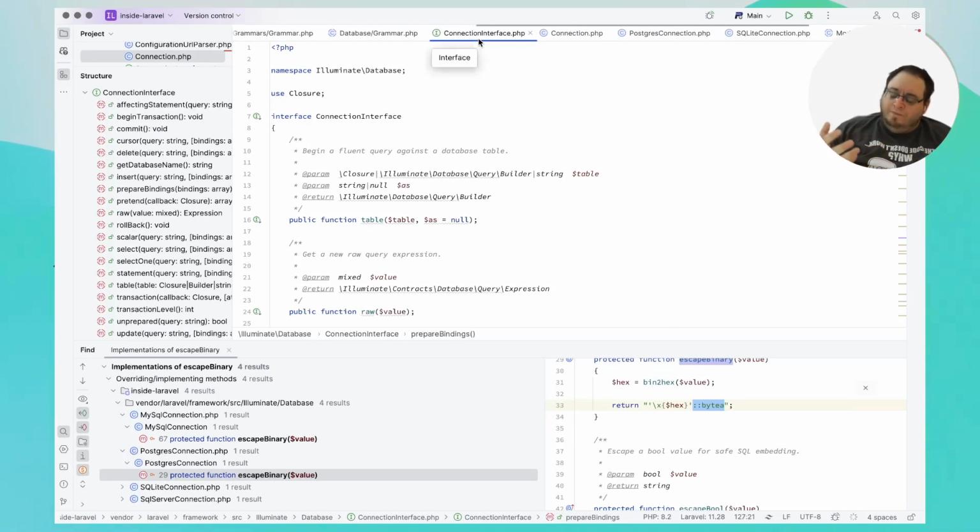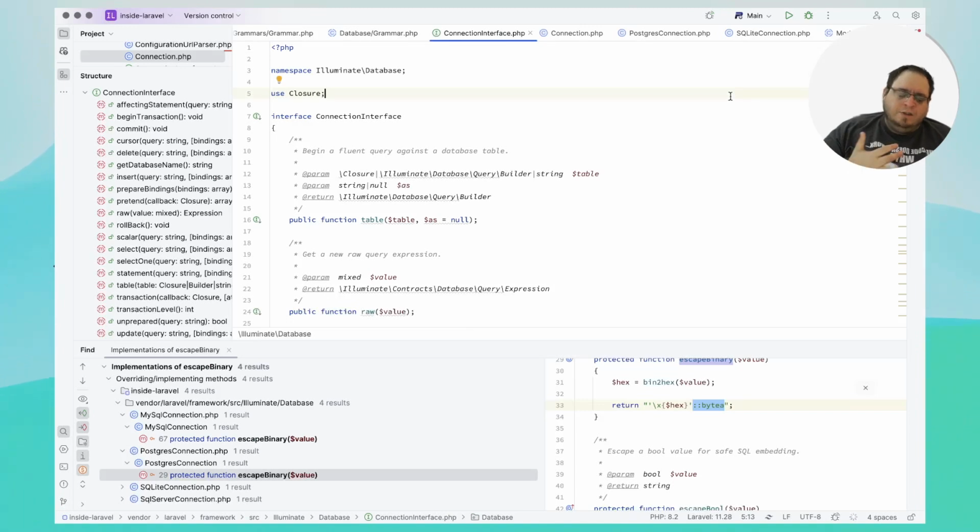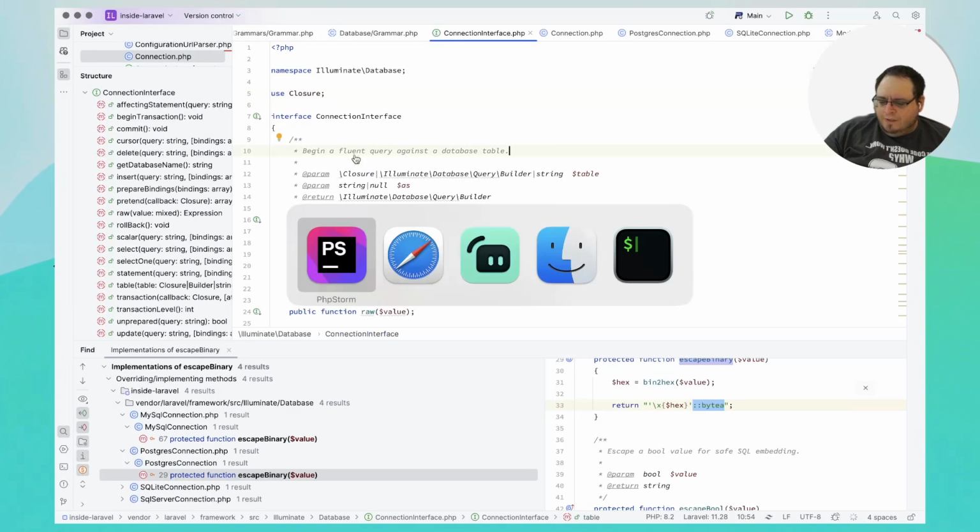Again, Eloquent, the query builder, and all of the database stuff in Laravel is absolutely meant for SQL-based relational databases, not a graph database, which is vastly different. It doesn't use SQL. It does not use relationships in the same way. Although the whole point of a graph database is the relationships, right? Okay, so